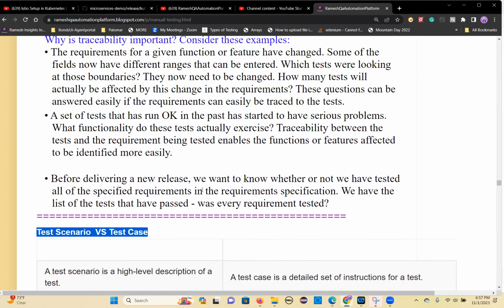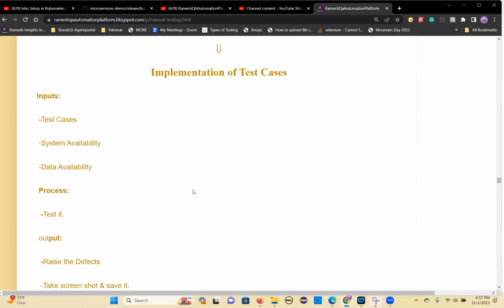Okay. Now we need to write the test cases. So let's plan our website. There is a website for